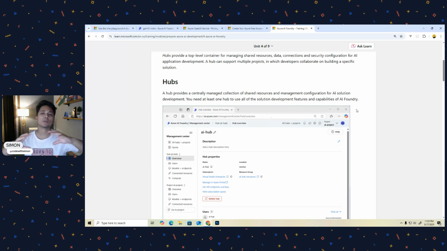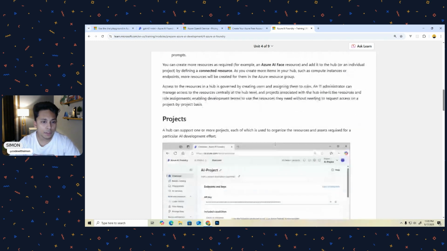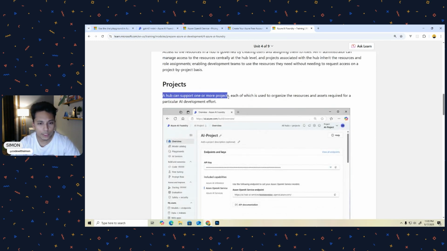This is more like putting together the related projects inside one container, and they're calling it a hub. Very similar to if you come from an Azure background, that it's called a resource group. I think it is very similar to this. Then, projects. A hub can support one or more projects, each of which is used to organize the resources